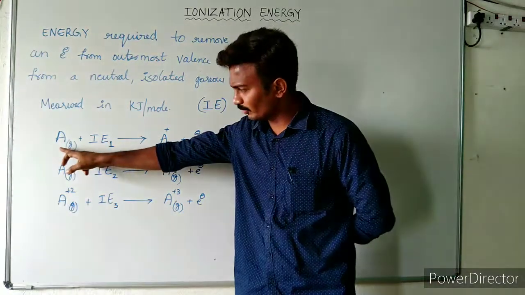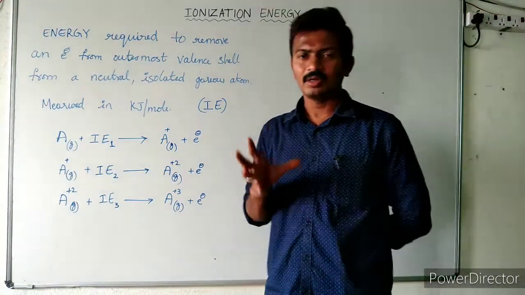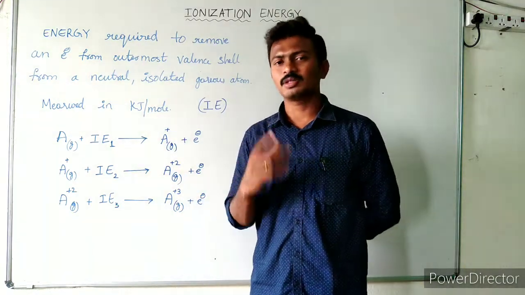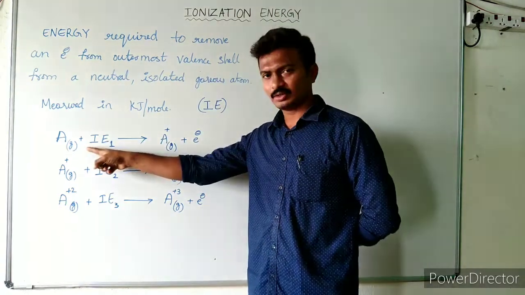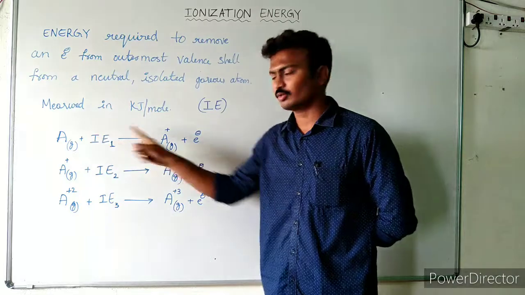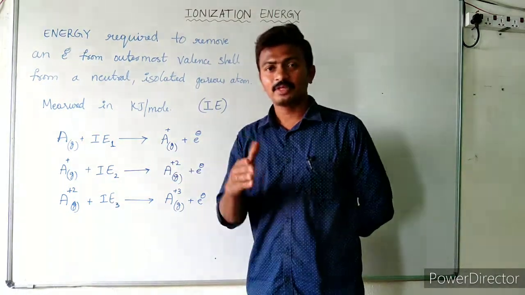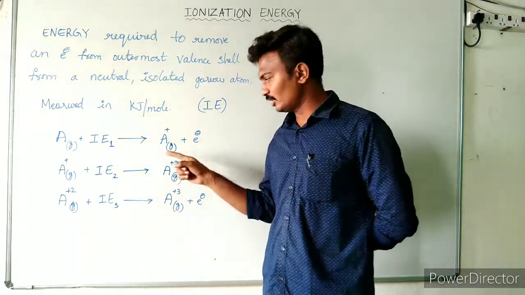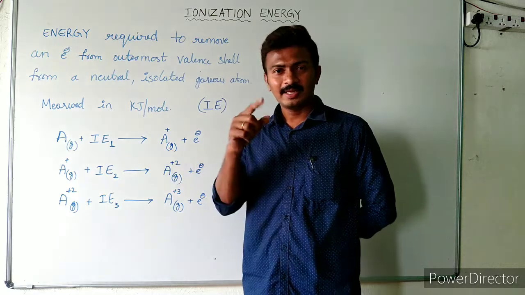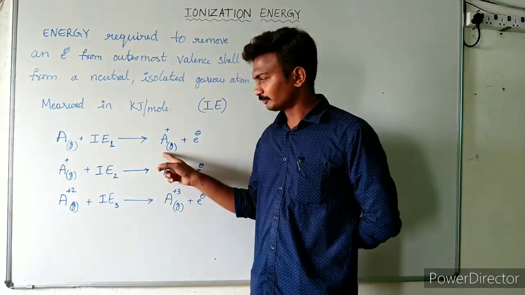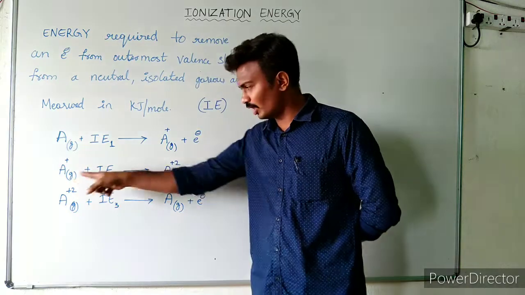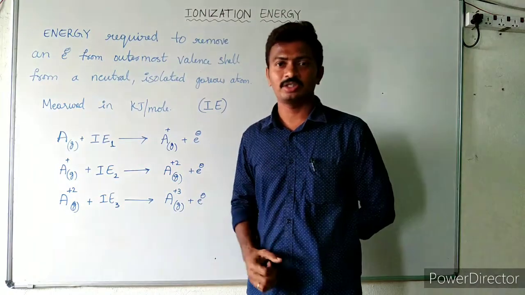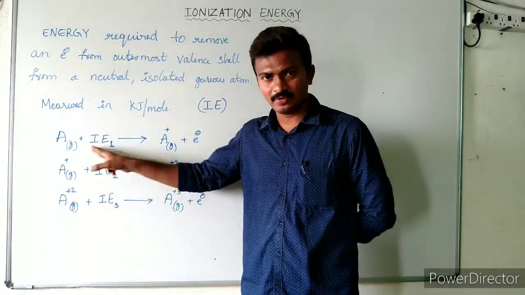See, here we are removing an electron from a neutral species. Neutral species means which will be having equal number of protons and equal number of electrons. So, removal of electron will be somewhat easy. But after removing that electron, the neutral species is going to get converted into cationic species, where the number of protons are greater than the number of electrons. That means here the protons are greater by 1 unit. So here, due to the increased nuclear charge, removal of electron from this unipositive cationic species will require more energy, right? So this second ionization energy is greater than first ionization energy.